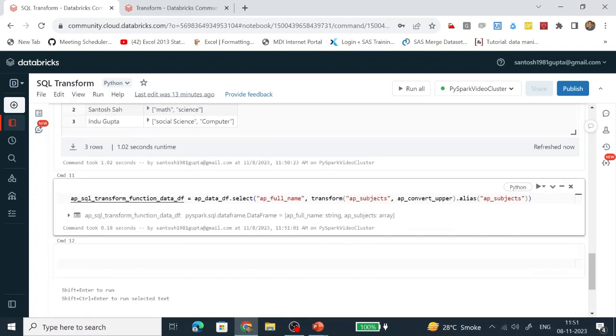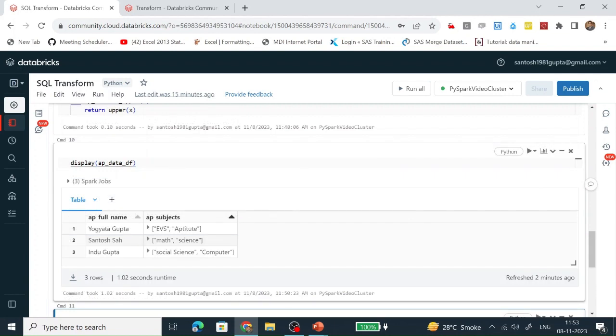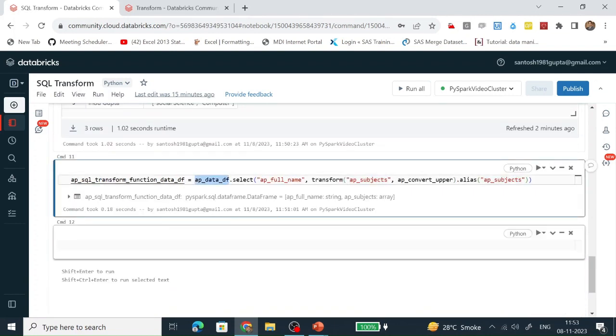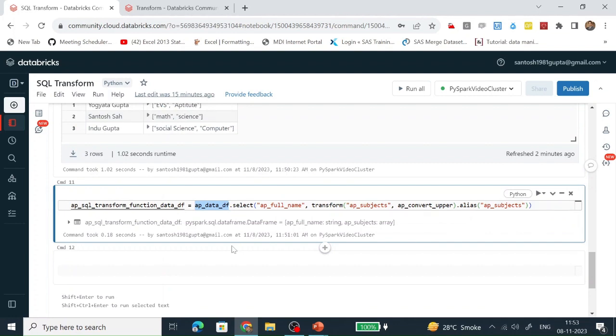So I am taking the data frame, selecting the column ap full name, and then implementing the transform function on ap subject, which is of array type, and we are calling this ap_convert_upper function.